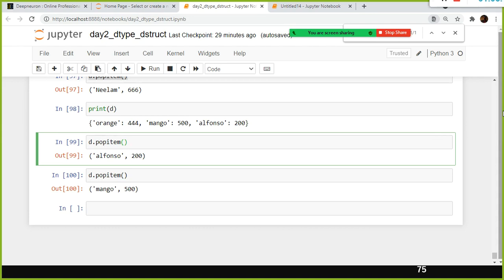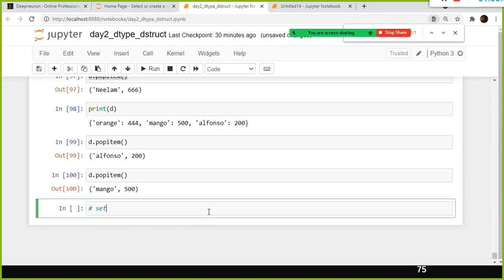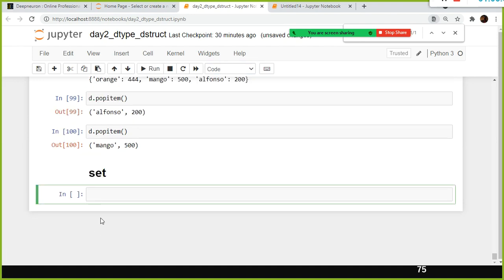And the next thing is we have something else called sets. So now you understood how to play around with the dictionary, and the comprehension also you learnt. So next we have something called set. Set is an unordered collection data type. That means it holds an unordered collection of unique elements. Set is another data structure, like the list, tuple, and dictionary.